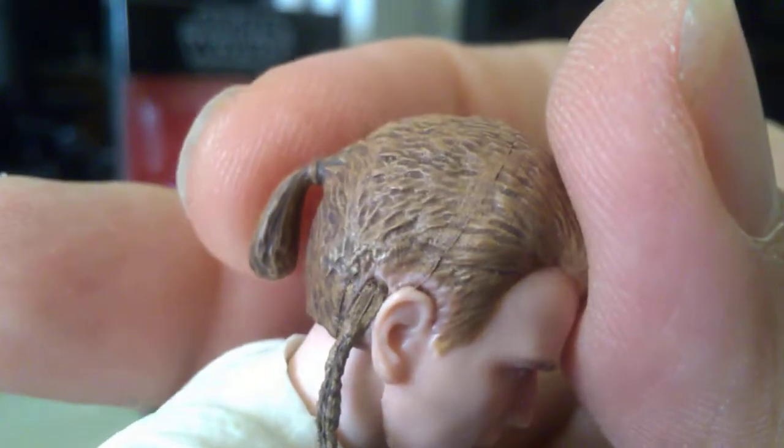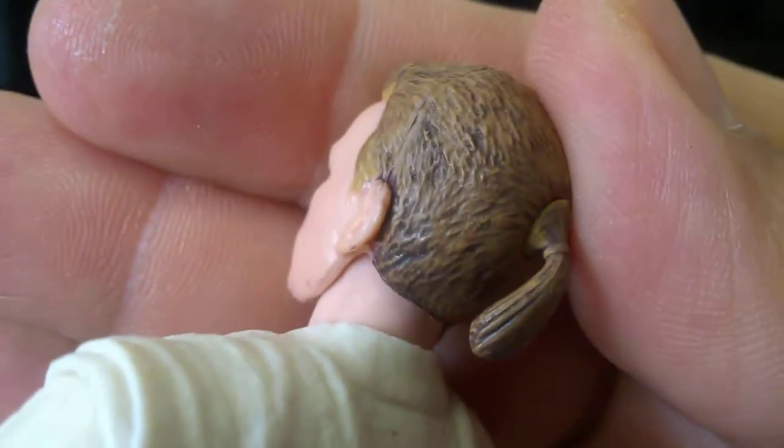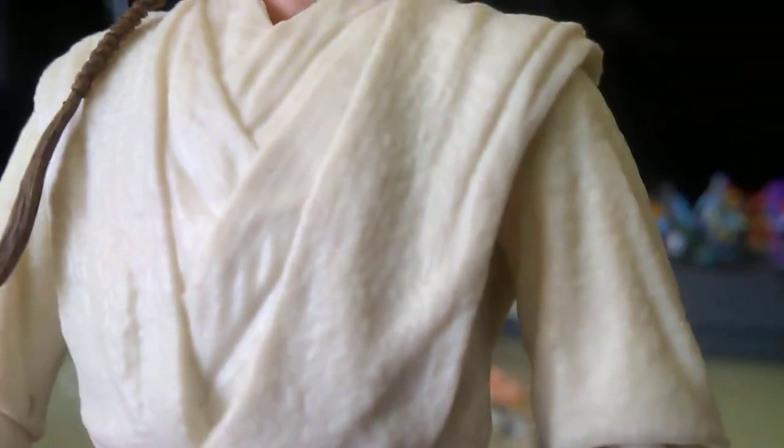Really nice detail on his hair. As you can see, on his hair, with weathering of little black spots, make it look a little darker. There you go. His ponytail, doing really cool. And then he even has a real string of hair here. I don't know how that's coming off, which is actually real hair on him. Then you go into his robe and his clothing, and as you can see,